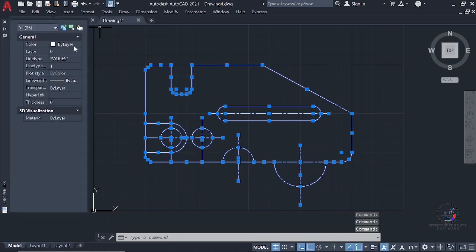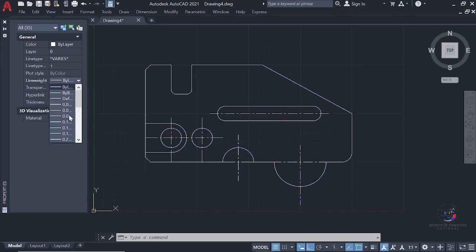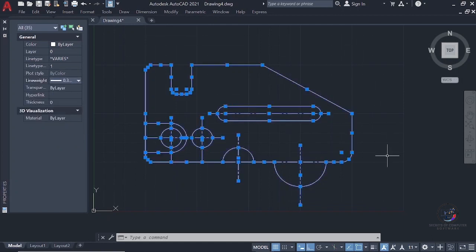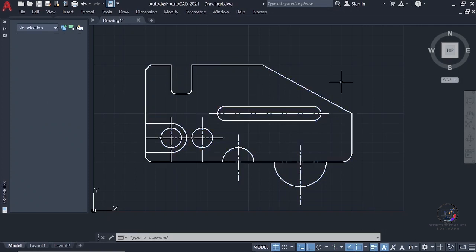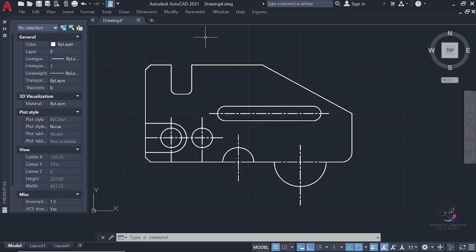As you can see, my line weight is by layer, so I have to change it to 0.35. So drag down to search for 0.35. You can see there are no changes, but if I come to this icon and turn the line weight on, you can see it already appears as